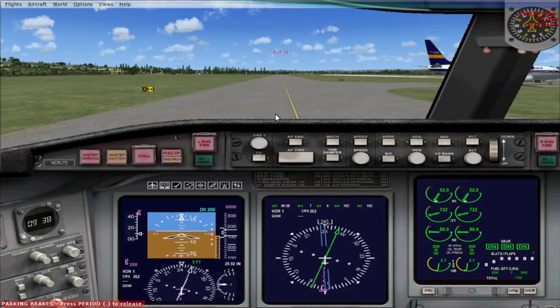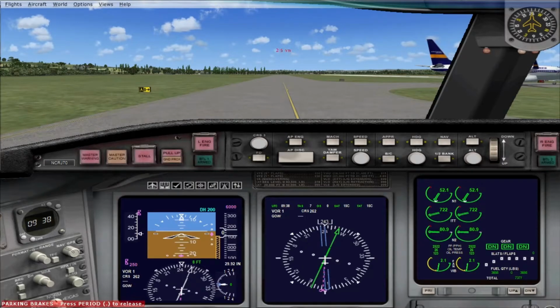The display on the left is the primary flight display, or PFD. It combines multiple instruments into one display. The blue and brown section in the middle of the PFD is an attitude indicator. The vertical tape on the left side shows airspeed, and the tape on the right side shows altitude. At the bottom in the middle is a horizontal situation indicator, which shows heading, and to the right of that is a vertical speed indicator. Glass displays like these take some time to get used to, but once you get the hang of it, you'll